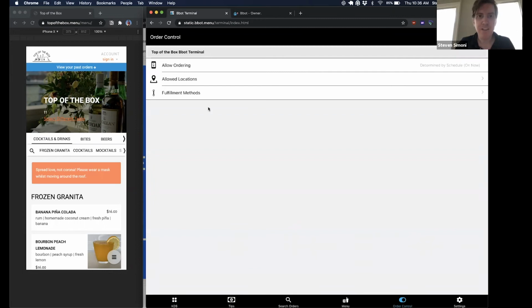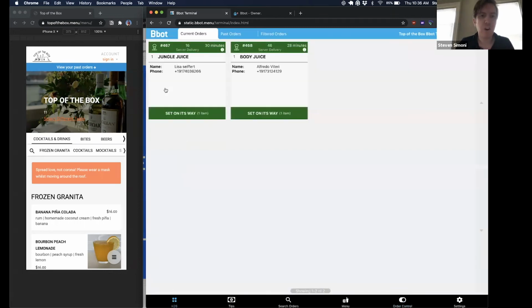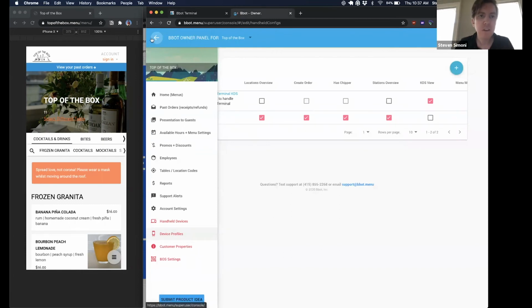Okay, a couple other things to note here. What you just saw was a very simple ordering flow, with an order coming in and me as the bartender fulfilling it. I want to dive a little deeper on some of the important contactless features for you to consider when you're evaluating systems. So I'm going to jump over to the back of the house part